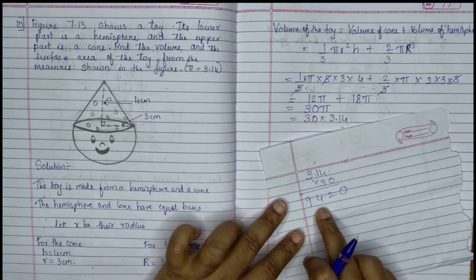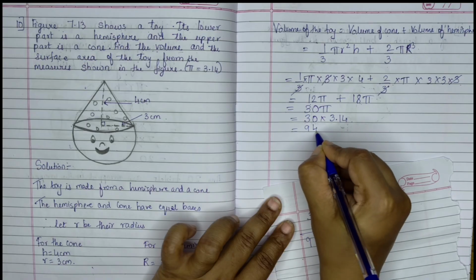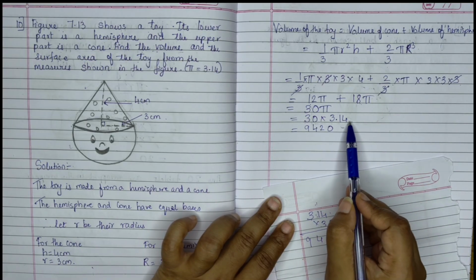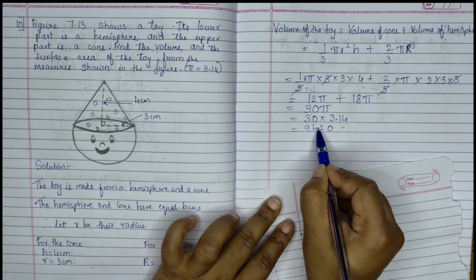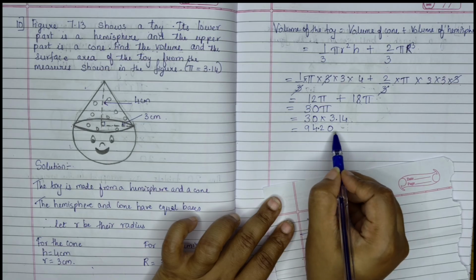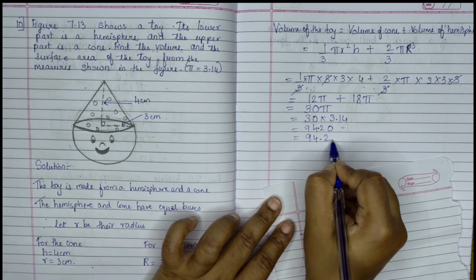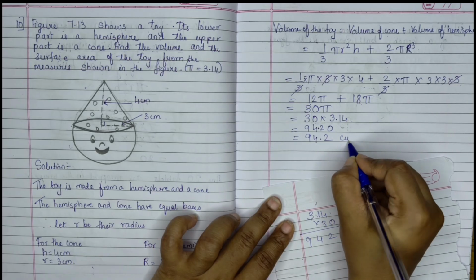So 9420. We get 9420. Okay. Now see, there is a point after two digits over here. Okay, after two digits you put the point. So here you can also write it as 94.2. Okay, you can write 94.2 cubic